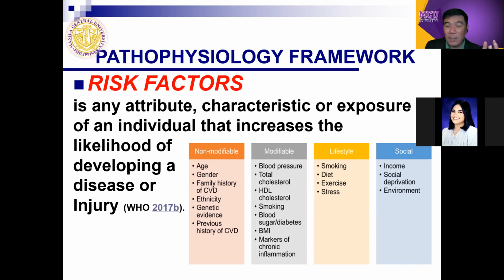Measures, seemingly, that there are interventions to control. Unlike the non-modifiable ones, which cannot be controlled. These are the ethnicity, genetics, previous history, and family history. But for the modifiable risk factors, these are the factors that